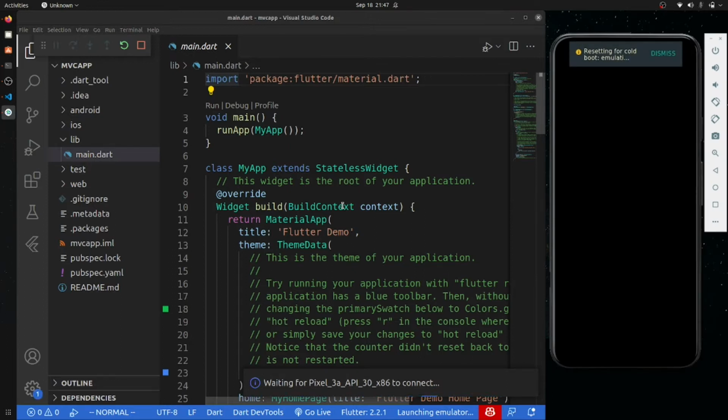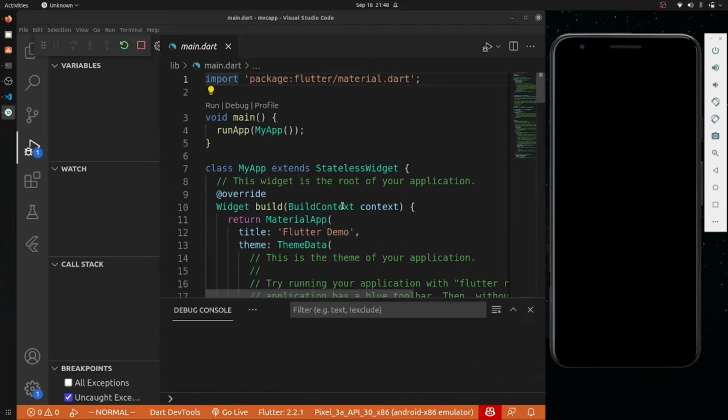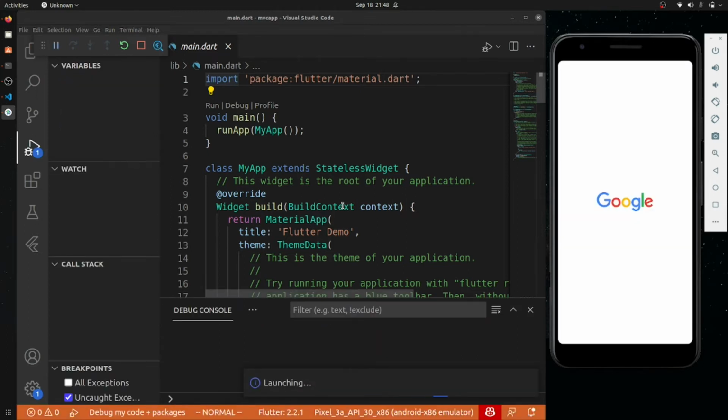Okay, so what is MVC? MVC stands for model view controller. Where model is like a POJO. In Java we say POJO class, or a POMO class, it depends on language to language. Basically it is a getter setter class, or a model class that is used to get data from one page to another or from one place to another. So we create an object of a particular type and then that thing can be used. In that we have setters, getters and other things.